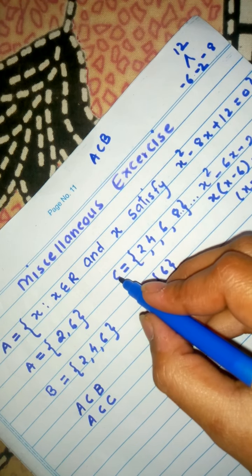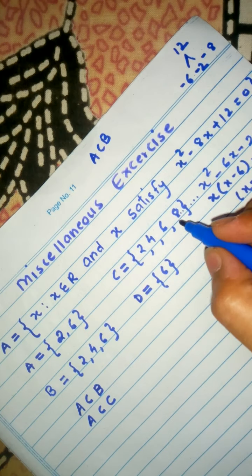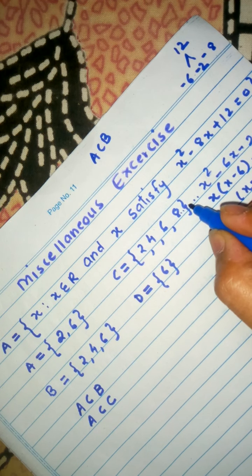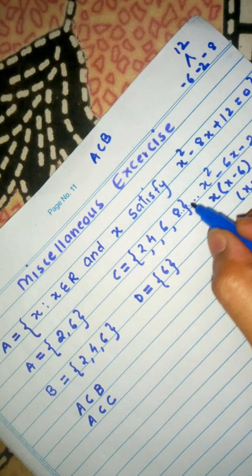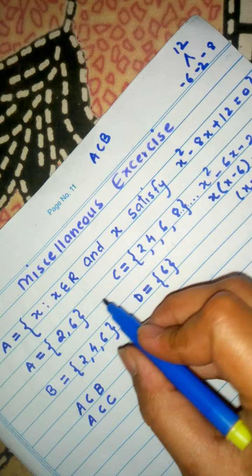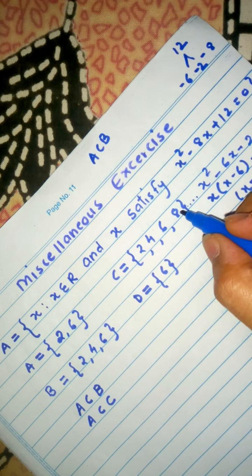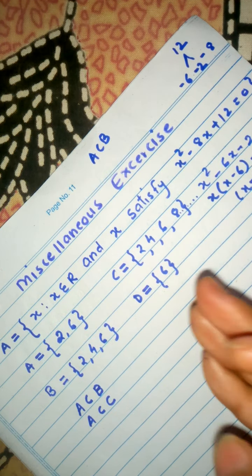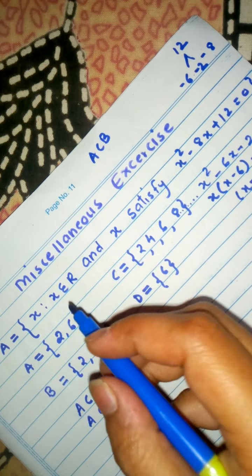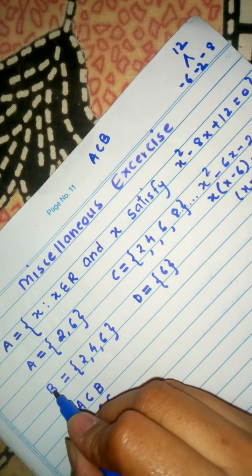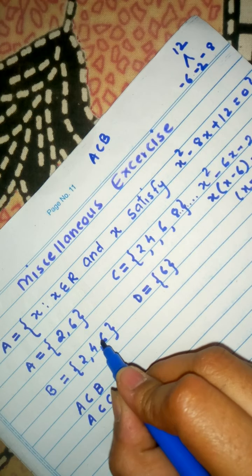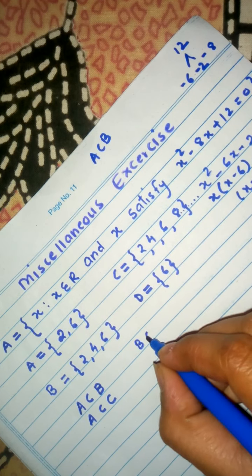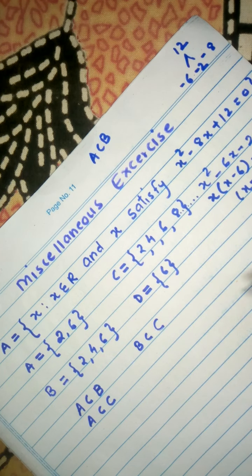Now moving ahead with the set C. Here we see that after 8 also the elements are there, it does not stop, dot dot dot is there. So C is not a subset of any of these sets, because the elements are continuing and these elements are not there in any of the other sets. Now moving to B. Here we can see that 2, 4 and 6 are present in set C. Therefore B is a subset of C. We are done with B.